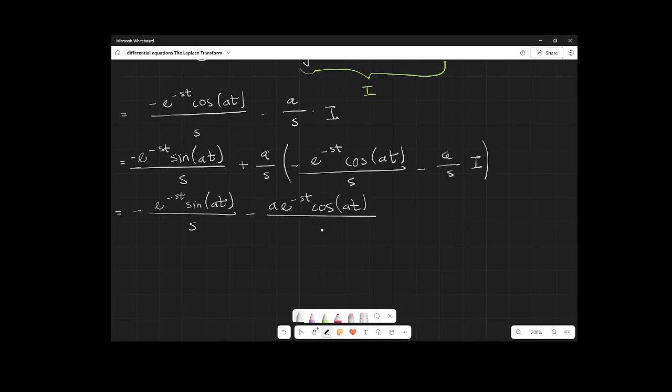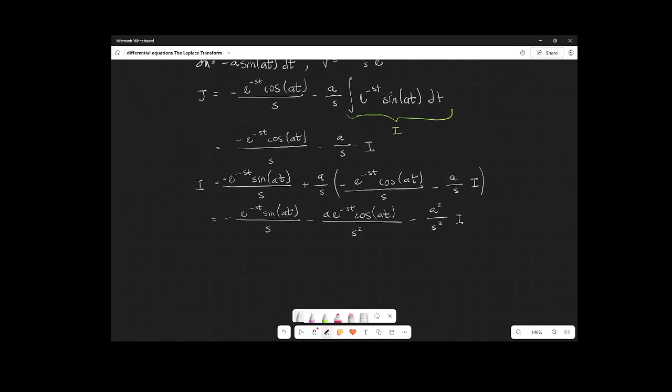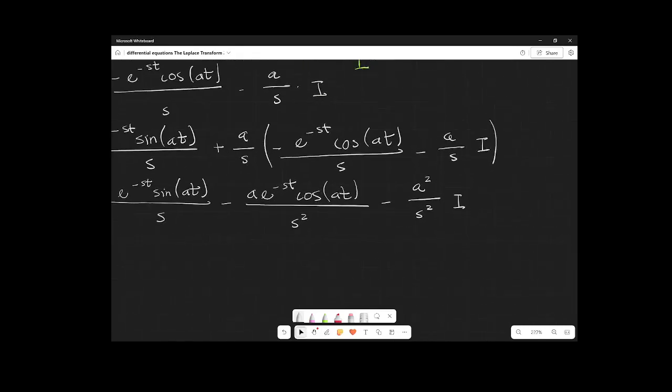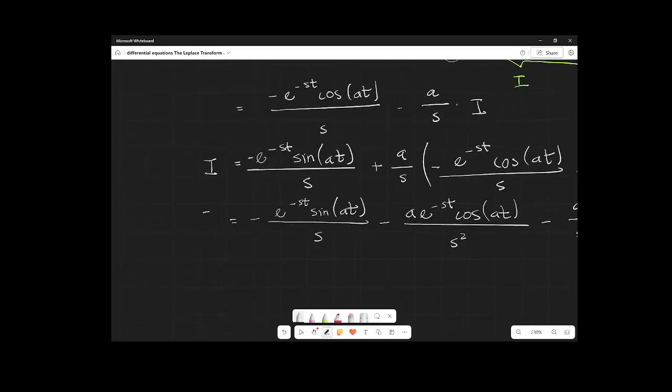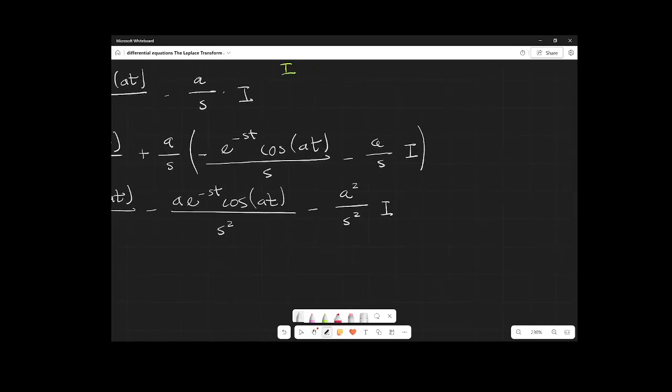Over s, so the s also distributes in. We have squared and minus a squared over s squared I. Okay, so remember this is I, and so what I'm going to do is I'm just going to add,